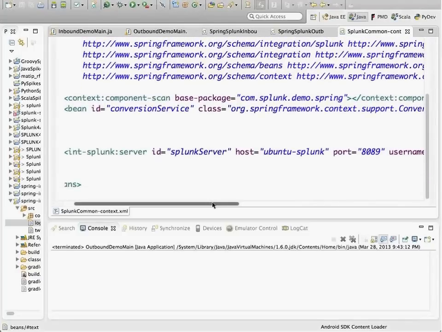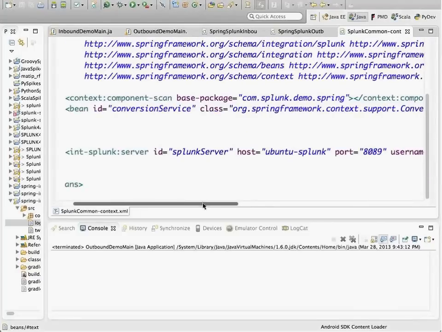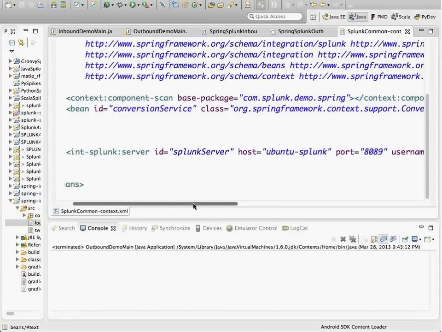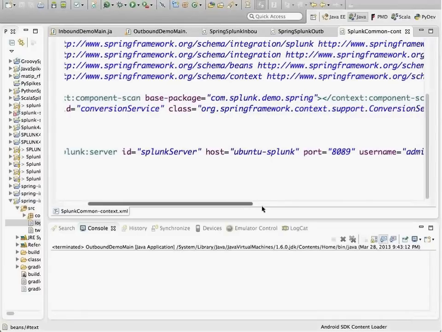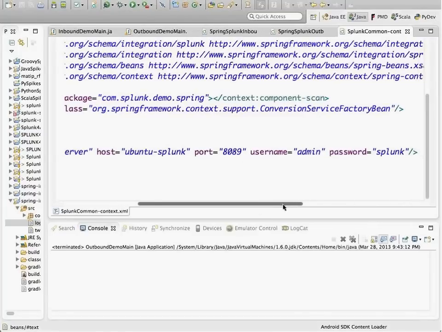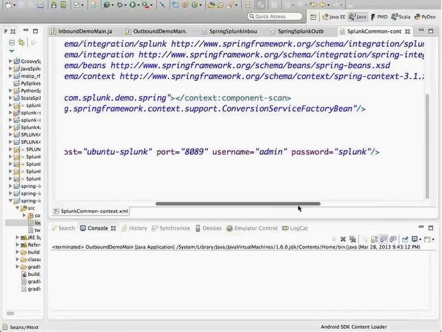As you can see, we've got the information for connecting to our Splunk server, which is just a Splunk 5.0 instance I have running on a VM locally on my workstation. We've got the host name, the port on which to connect to the REST API. The default port in Splunk is 8089. You can change this to whatever you want, but that's just the default port. And the credentials for authenticating against the REST API.